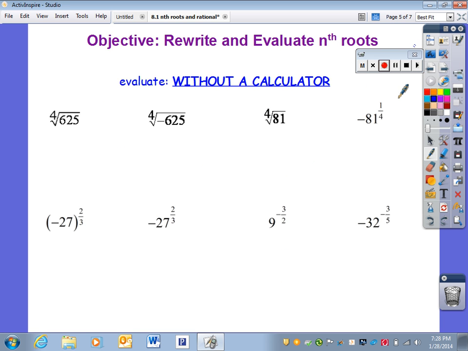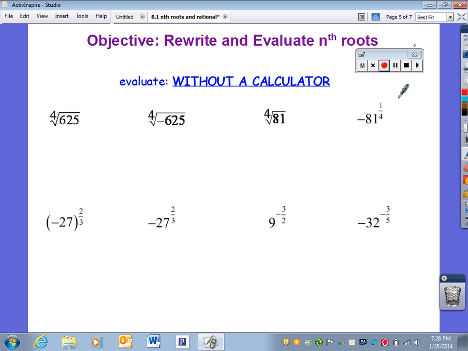These we are supposed to evaluate without a calculator. So we want the 4th root of 625. In order to evaluate without a calculator, we simply want to do the prime factorization. So 625 I know is 25 times 25, and I break that down again into 5 times 5 and 5 times 5. So we see that we have 5 being multiplied times itself 4 times, so therefore the fourth root of 625